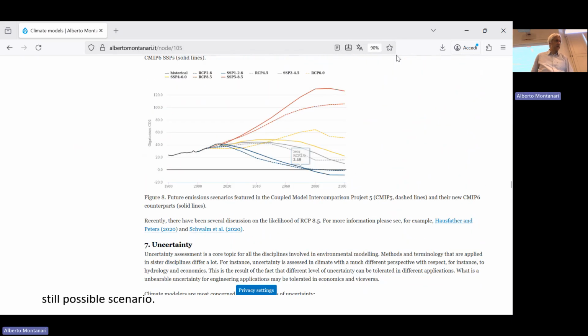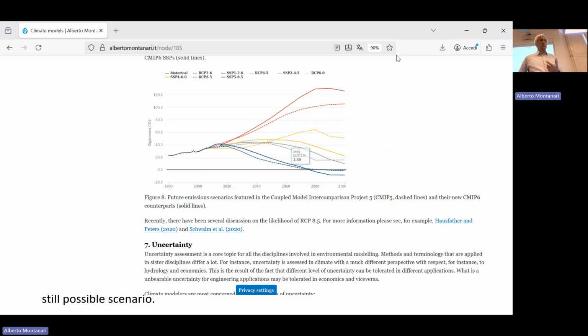And this is in terms of the RCP. I think I introduced it last year, maybe. But it is CMIP 5. I think in CMIP 6, they have changed the scenarios. But here you can see a clear picture. And you can distinguish between them, not only in terms of the final concentration, but also in terms of timing to